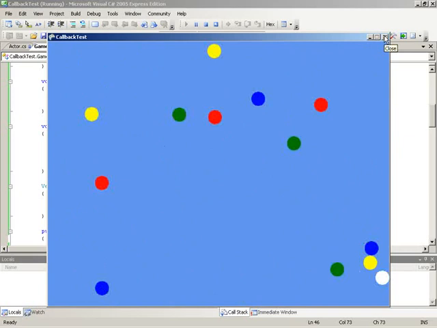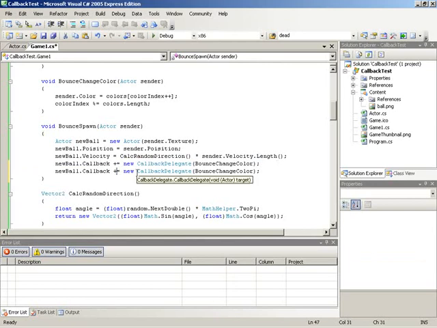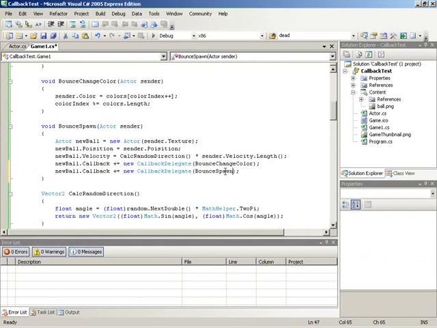Now, one other thing we can do here is test a multicast delegate. What if we took each of our new circles and assigned two methods into the invocation list? What if we took the second one and actually did a bounce spawn? So each of these newly spawned circles not only changes color when they hit walls, they also spawn more circles,